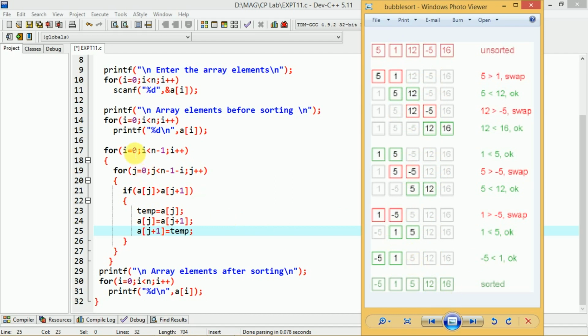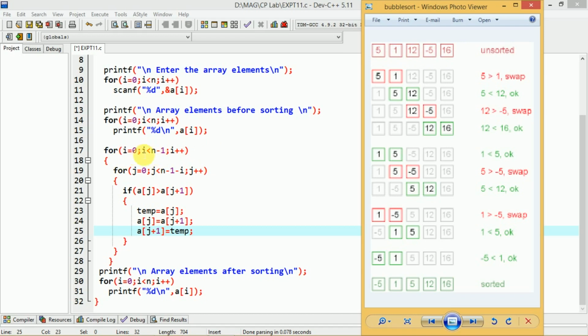So that's why here the value of i will range from 0 to n minus 1. Less than n minus 1 means it is like n minus 2. So actually only 3 iterations are sufficient. Okay, so for these iterations we have this particular for loop. So for i equal to 0, i less than n minus 1, i plus plus. So here what is the value of n? n is 5. Okay, so it will be i less than 5 minus 1, that is 4. i less than 4 means when the i value becomes 4, the condition will be false. So this for loop will be executed for i equal to 0, i equal to 1, i equal to 2, and i equal to 3.